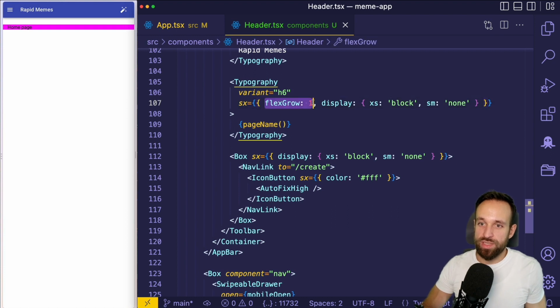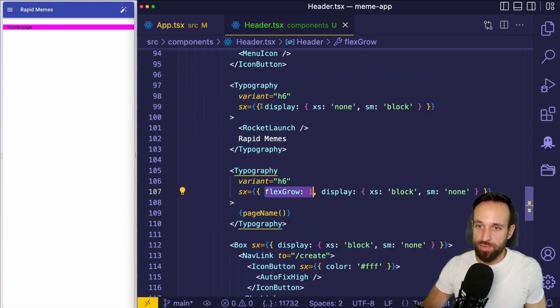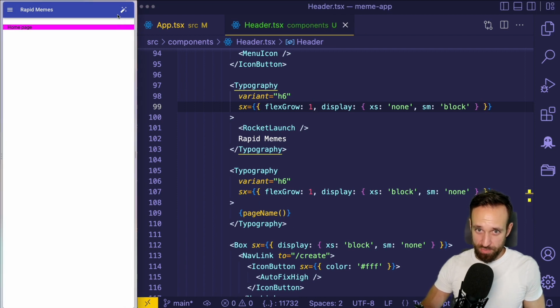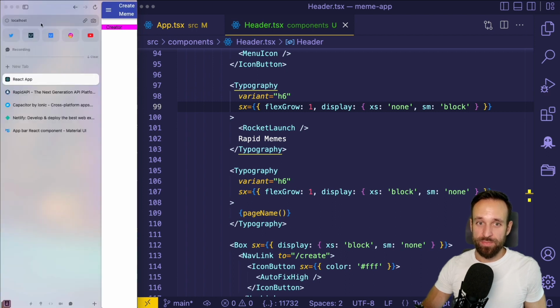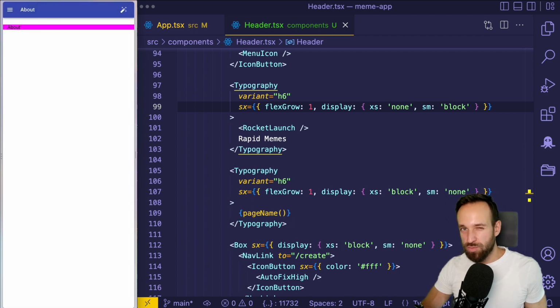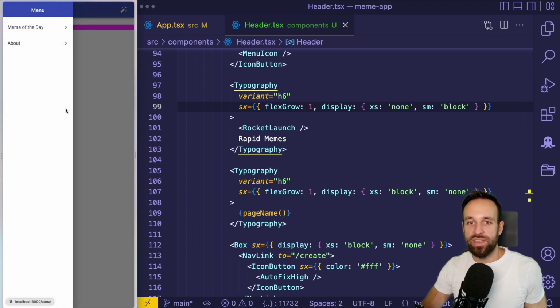We're actually gonna put this already into our other typography element because that's the same behavior we want for a web interface. And now we can go to create meme because right now we're on /create. And with our drawer, I can still go back to the home page and I can go back to the about page. So that means at this point, I think we finished our mobile navigation because